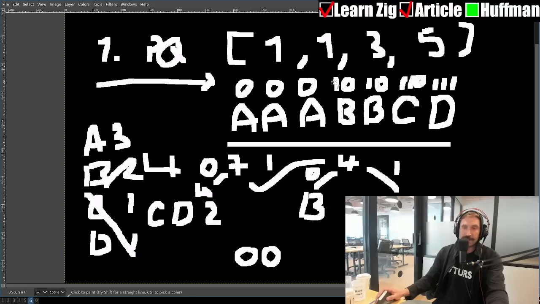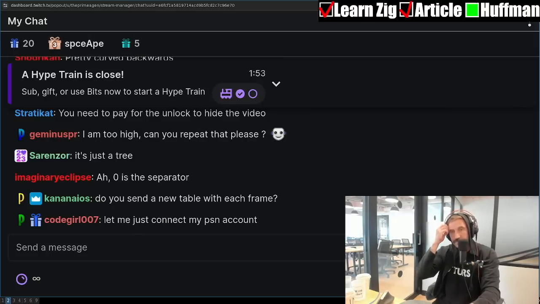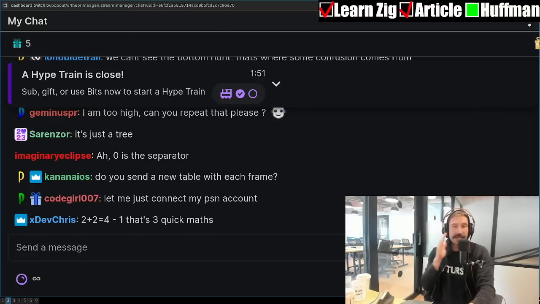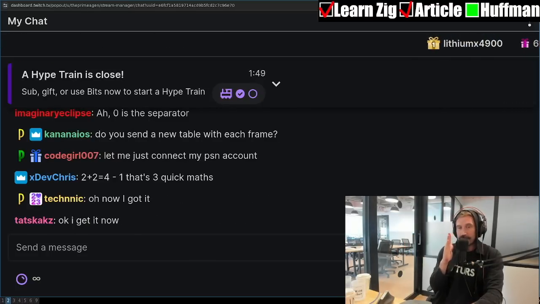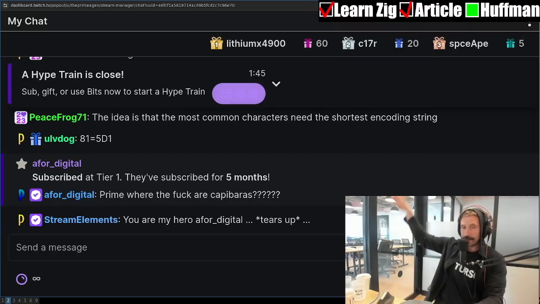So then I go, what's the next bit? 0. 0. B. 1, 0, B. 1, 1, 1, 1. And then 0, C. So you just re-walk the tree once you've built it up. 0 is not a separator. You read each bit, and you walk down the tree till you hit the bottom. Every time you hit the bottom, you go back up.